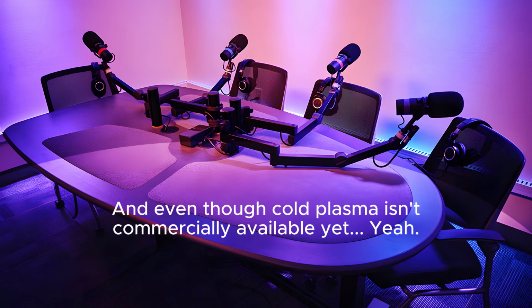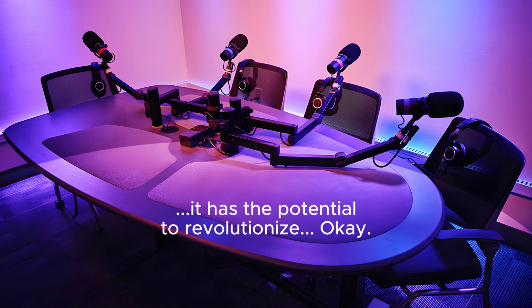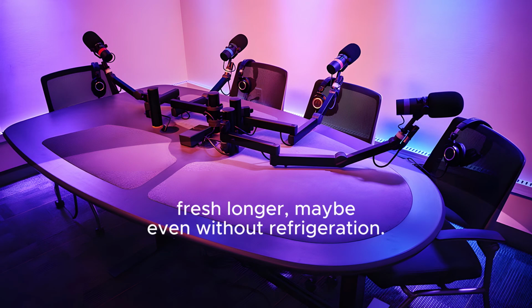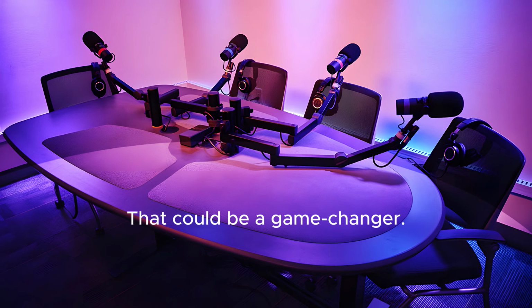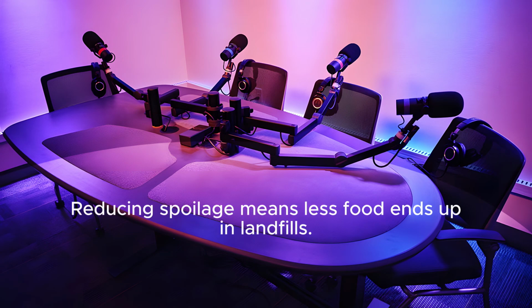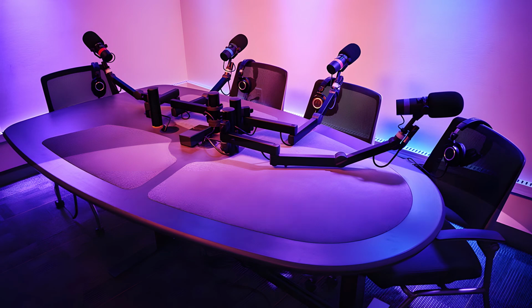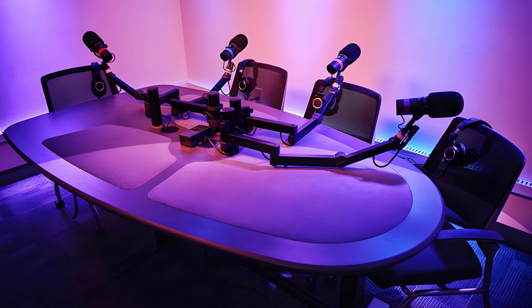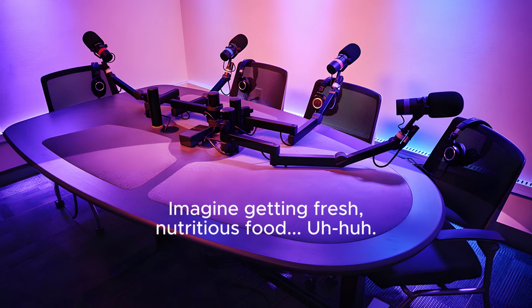Gotcha. And even though cold plasma isn't commercially available yet, it has the potential to revolutionize how we think about fresh food. I mean, imagine a future where produce stays fresh longer, maybe even without refrigeration. That could be a game changer for reducing food waste, not just in our homes, but on a global scale. Exactly. Reducing spoilage means less food ends up in landfills. Which is a win for everyone. Absolutely. But beyond that, it could impact global food distribution. Wow. Imagine getting fresh, nutritious food